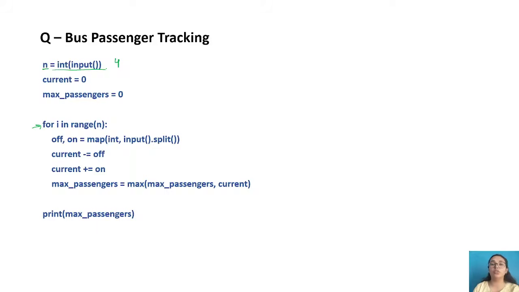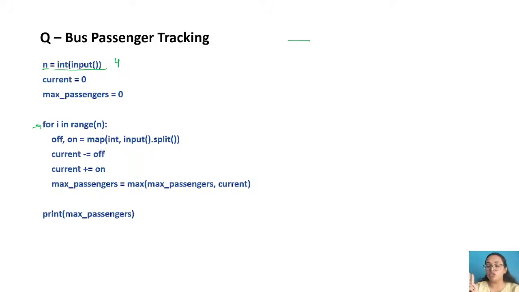We are going to take the first line of input and apply the logic on that line only directly. Then in the second loop we will be taking the second line of input and working on that, then the third line of input, and so on.